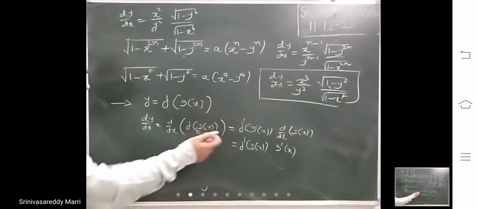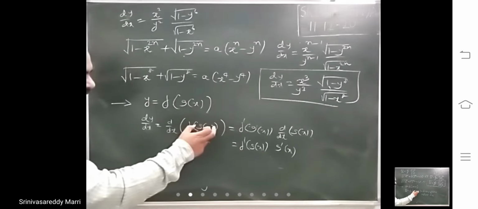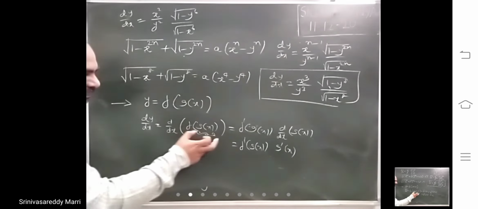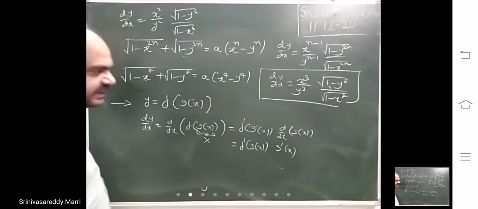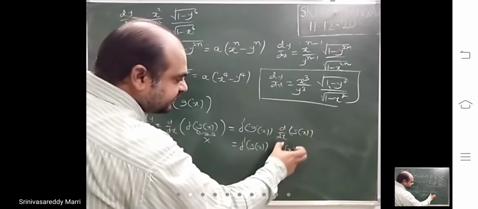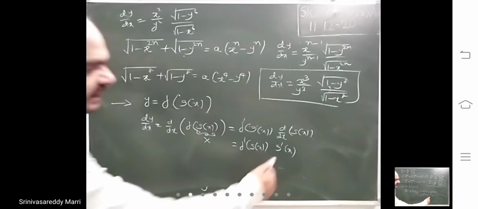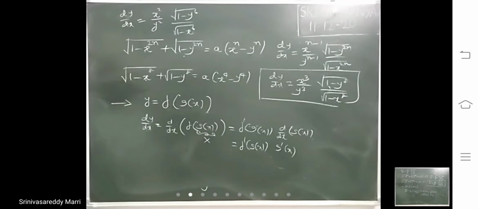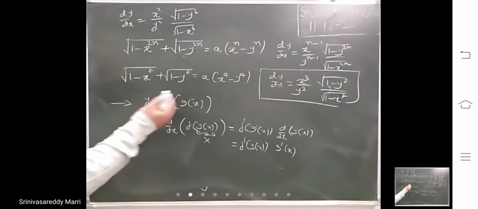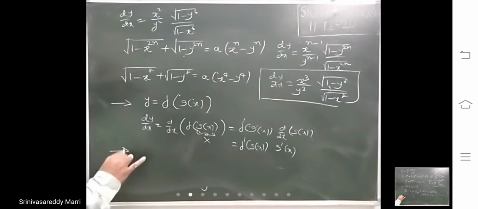Here symbols are there, functions are not there. With the same inside one as capital X, f of capital X is what? F dash x derivative into d by dx of whatever the capital X has been taken. G of x means the derivative is what? G dash x. If sin x is there, you will write cos x directly. If g of x is there, what will you write? G dash x. Like that, mixtures of functions are there. Suppose we take one example.